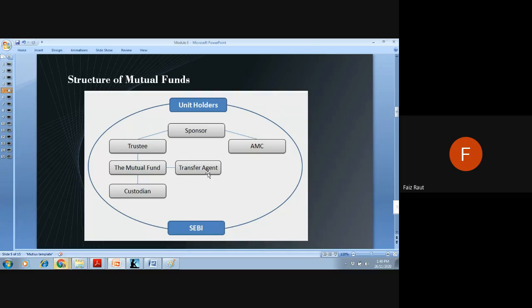Then there are the selling and distribution agents. Those agents will market the mutual fund. They will try to convince investors to invest in their mutual fund. They will be designing different types of mutual funds for different kinds of investors. For example, for a younger generation, maybe in the 25 to 35 range,